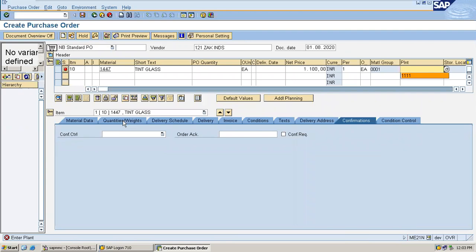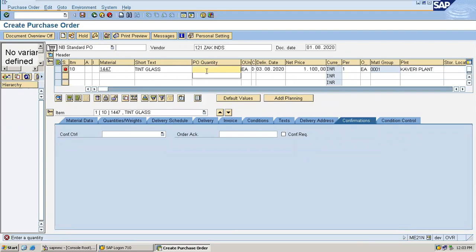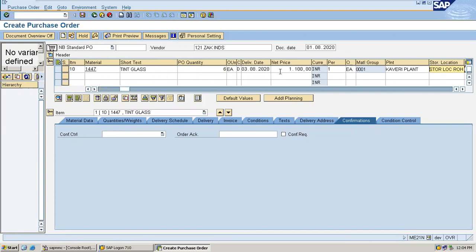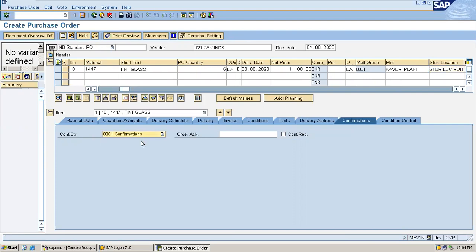Enter the plant. I'm going to buy tint glass. Enter the PO quantity 6. Enter the storage location. Under confirmation control, select the confirmations. Press enter and save it. I'm going to buy the material tint glass from Zack Industries.